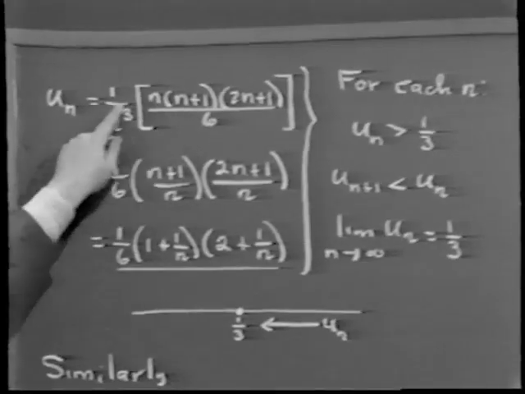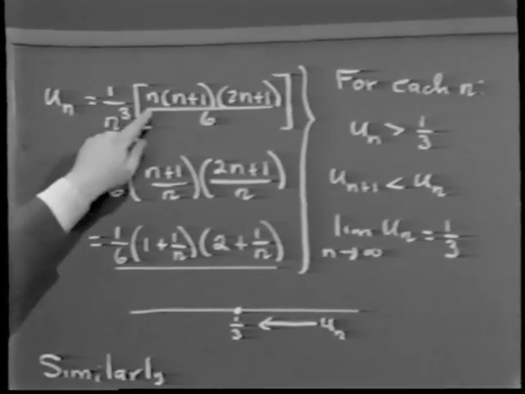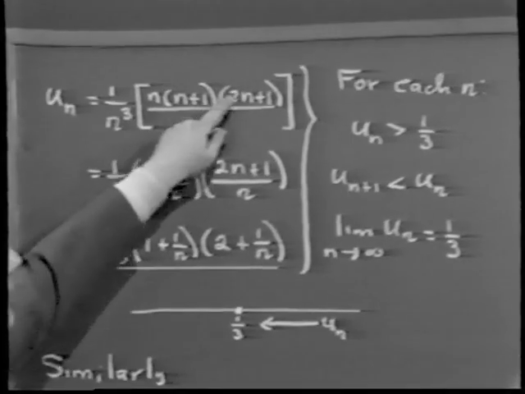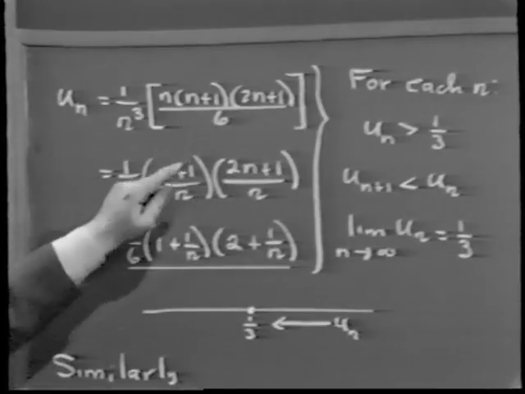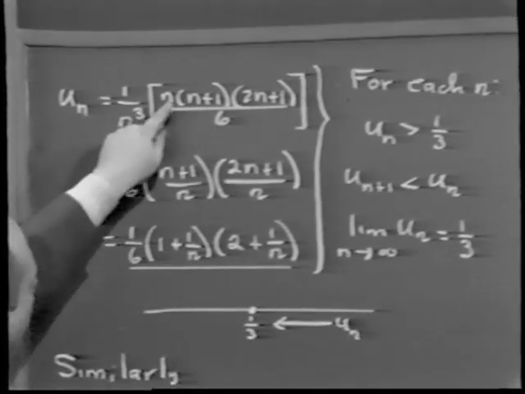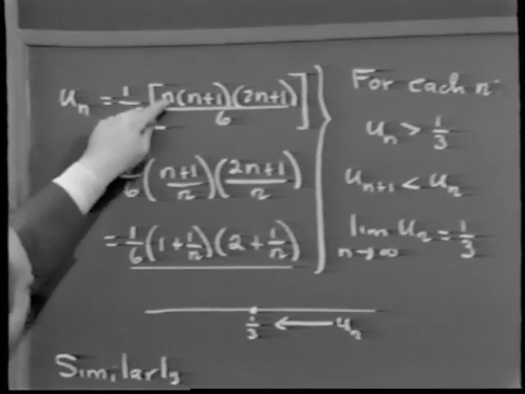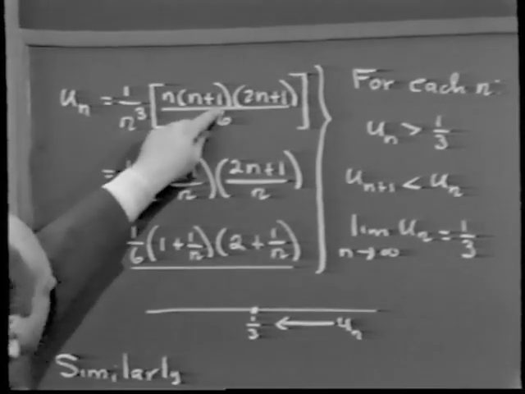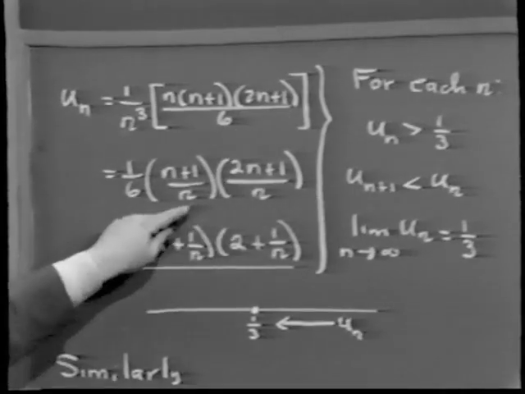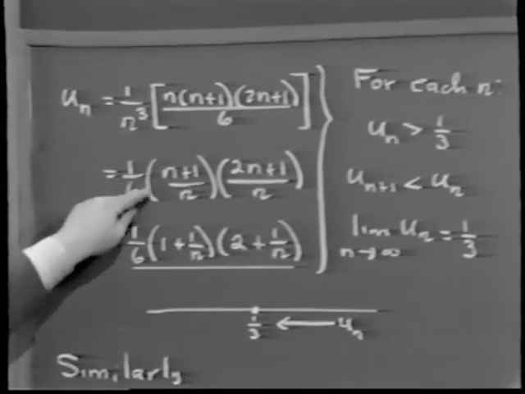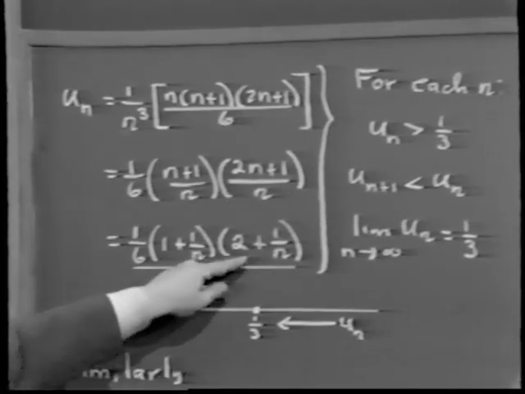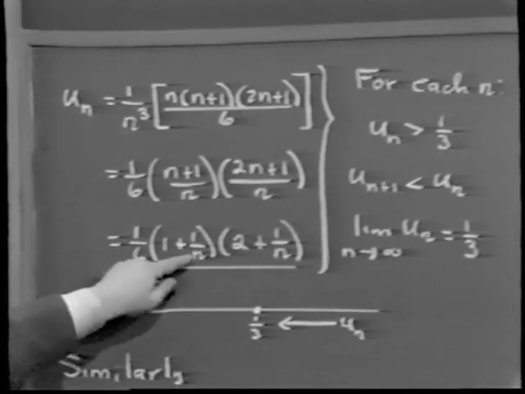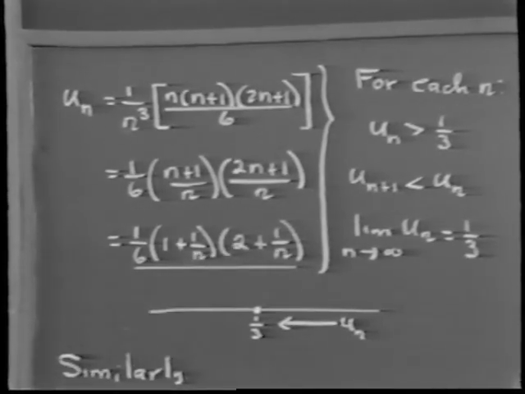Okay? In other words, going back to our recipe for U sub n, I can now replace 1 squared plus 2 squared plus etc. n squared by n times n plus 1 times 2n plus 1 over 6. And if I now divide through by n cubed judiciously, namely canceling out 1 n with this n, dividing n plus 1 by n, and 2n plus 1 by n, I get that U sub n is 1/6 times n plus 1 over n times 2n plus 1 over n, and that can be written even more suggestively as 1/6 times 1 plus 1 over n times 2 plus 1 over n,